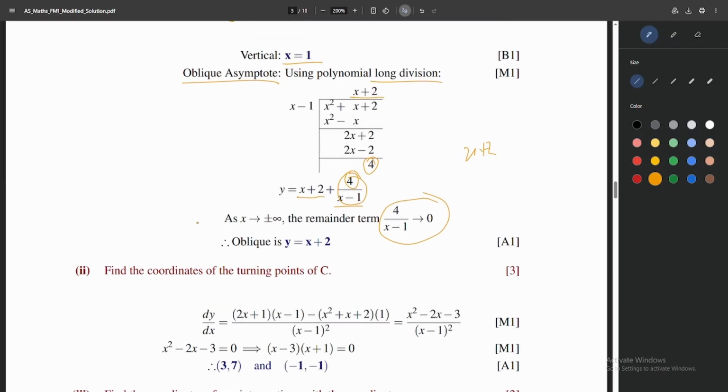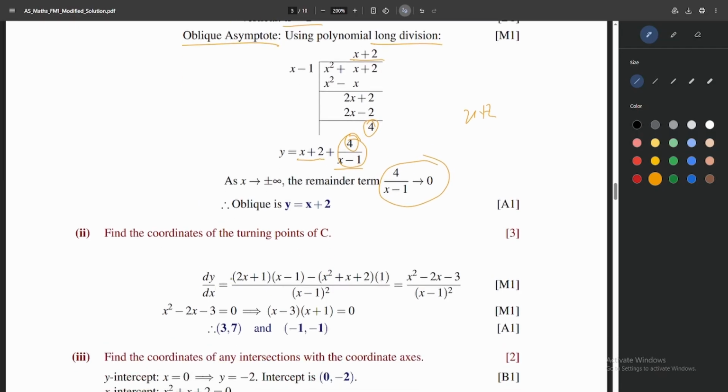Our next question: find the turning points of the curve C. This is very easy. We just simply differentiate and equate it to 0. That's what they did. We differentiated using the quotient rule and equated to 0. So this term equals 0, and this goes away. Then we simply use middle term breaking to get the two points,